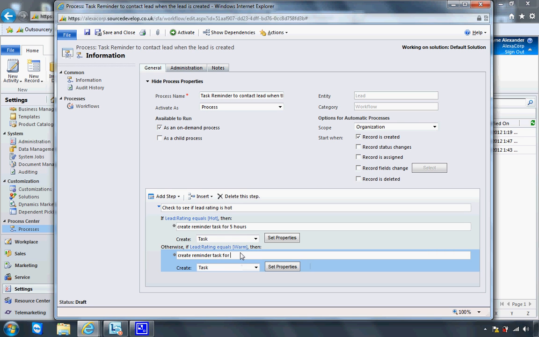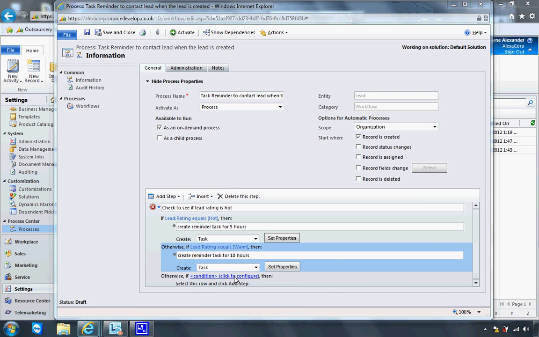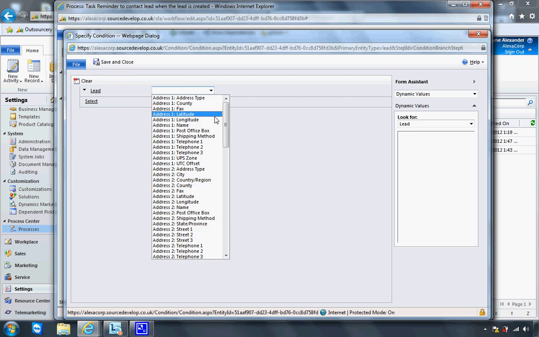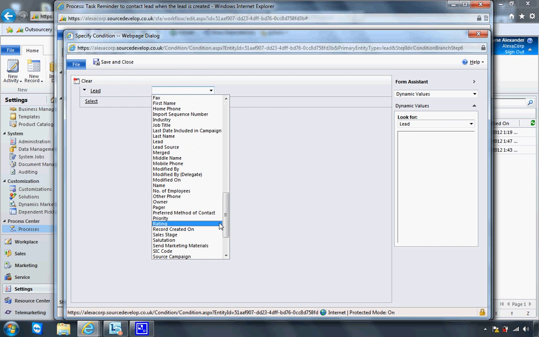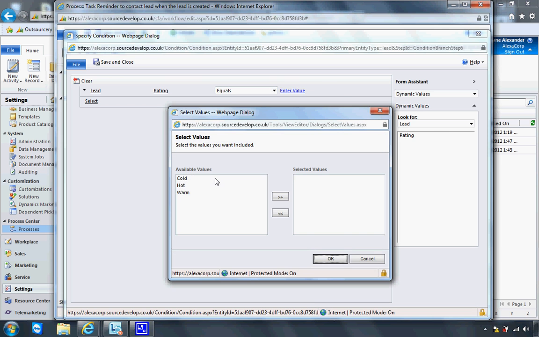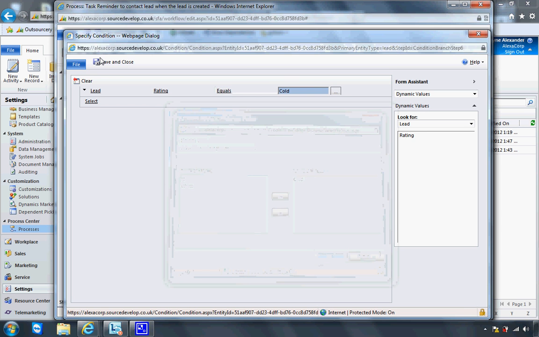Create reminder task for 10 hours, and last but not least, we'll do exactly the same thing, highlighting otherwise if, doing another conditional branch, and this time I'm going to say if the lead rating equals to cold. Now the thing about these workflows, you can make them extremely easy, as we've just done here,